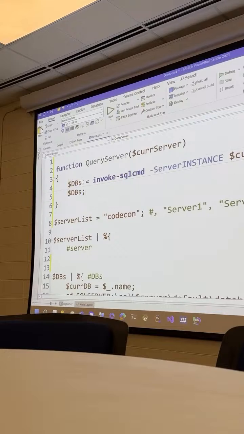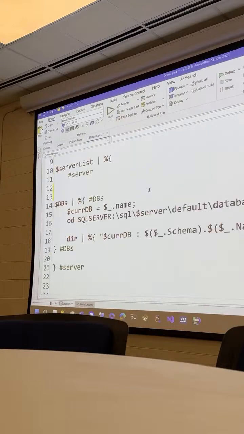In fact, this is ill-named, right? Right now it's good for DBs, and we're going to leave it like this for now, right? Right now it's good for DBs because it's selecting from sys databases, but I do want this to be more generic ultimately, right? But right now we're just going to do a direct lift and shift. So I've got this guy. So I've got my current server, and now I'm going to take this guy